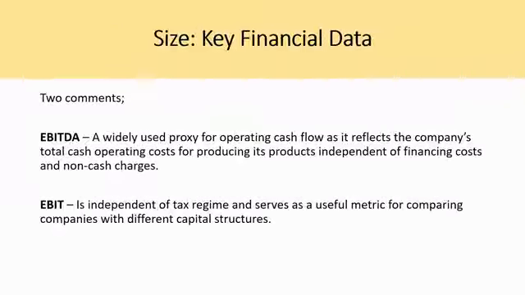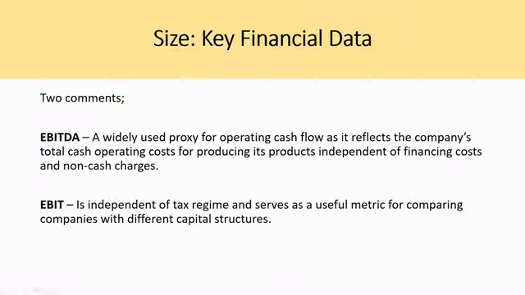So now let's look at size and the key financial data used to communicate size. So there are two comments. EBITDA is a widely used proxy for operating cash flow, as it reflects the company's total cash operating costs for producing its products, independent of financing costs and non-cash charges. And EBIT is independent of the tax regime and serves as a useful metric for comparing companies with different capital structures. So the important comments to take away from this are essentially the earnings before interest, tax, depreciation, and amortization,